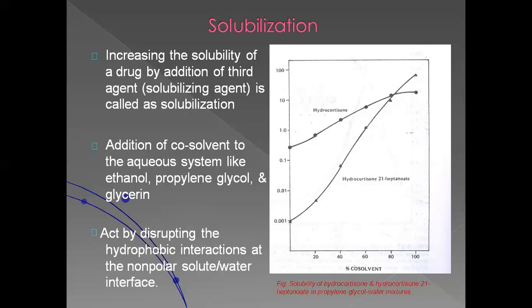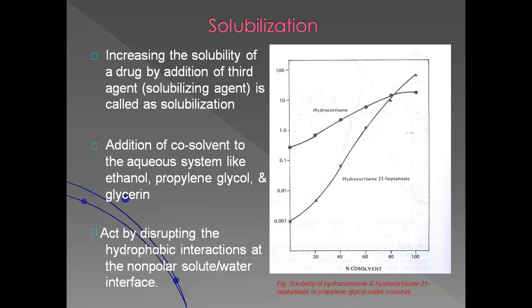ethanol, propylene glycol, and glycerin. So this co-solvent solubilizes drug molecules by disrupting the hydrophobic interactions of the water at the non-polar solute-water interfaces. The extent of solubilization due to the addition of a co-solvent depends upon the chemical structure of the drug. That is, the more non-polar the solute, the greater is the solubilization achieved by the co-solvent addition. This relationship can be illustrated